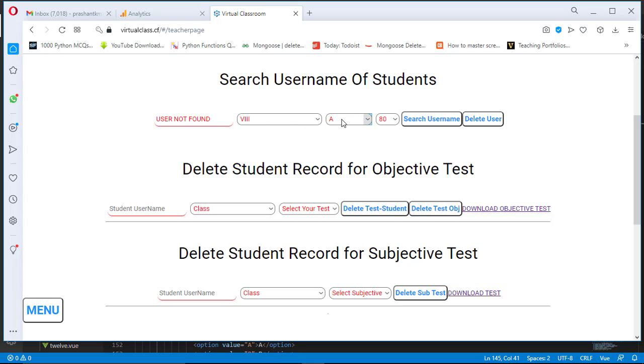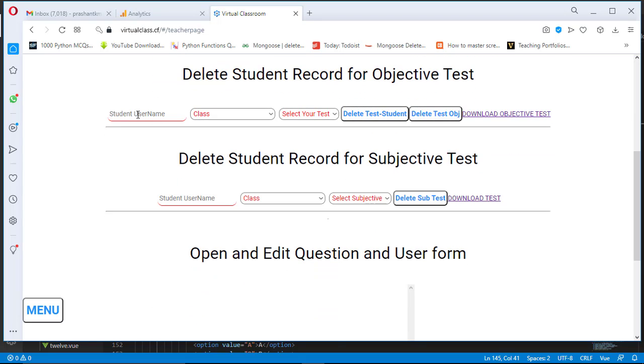Select the class, select the section and select the roll number of the student who wants to appear in the test again, and click on search username. Now you can see this is the username of the student who wants to appear in a particular test again. I have selected it and copied it using Ctrl C, and I came to this portion, objective test. I paste the username of the student,